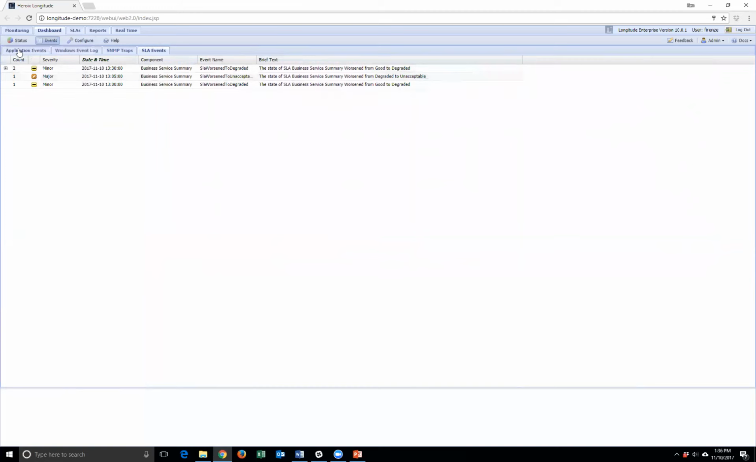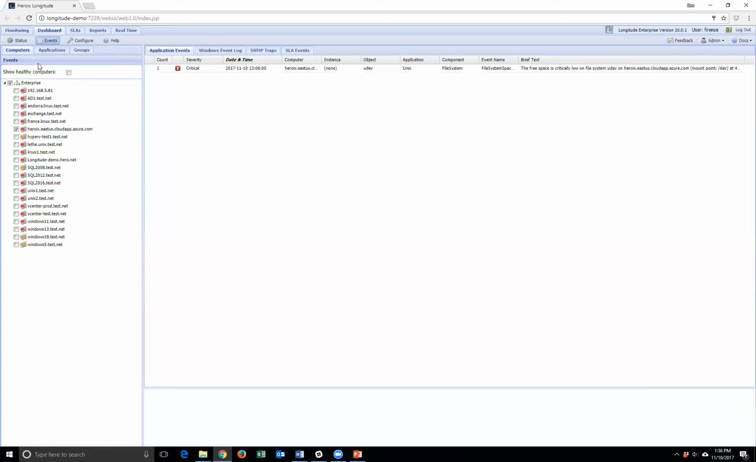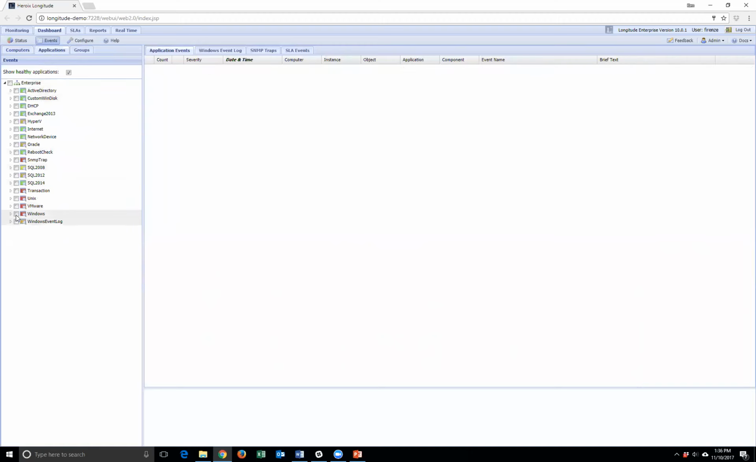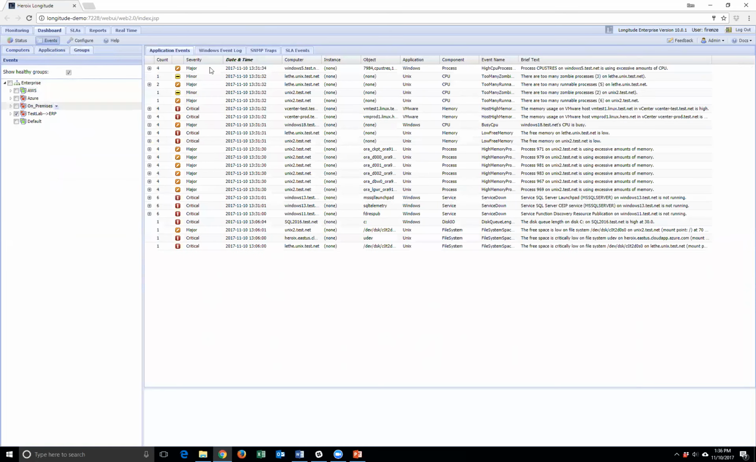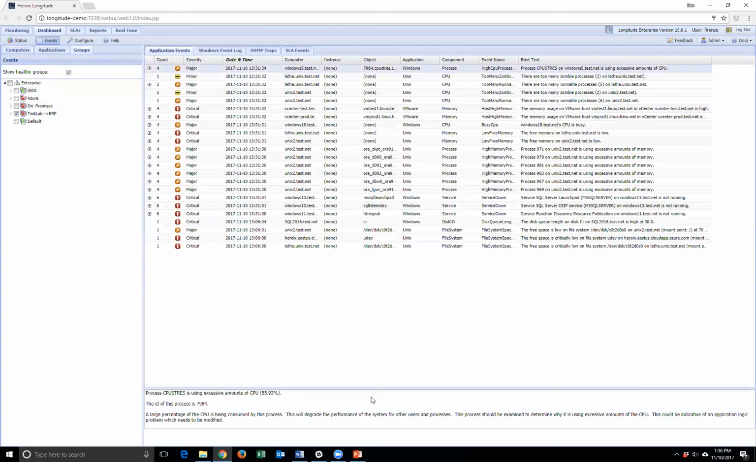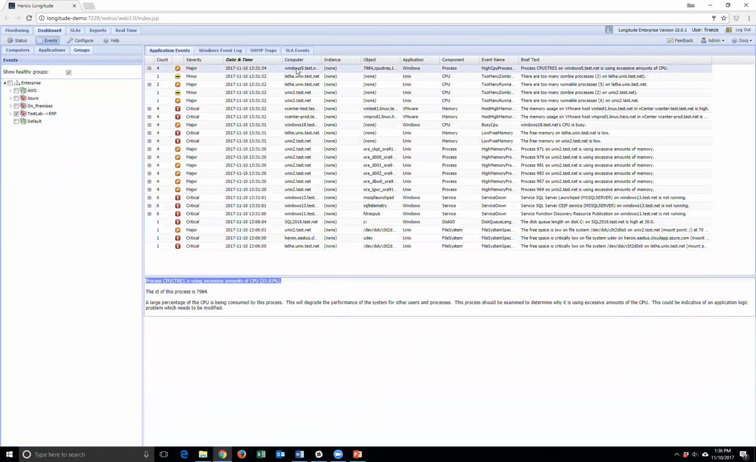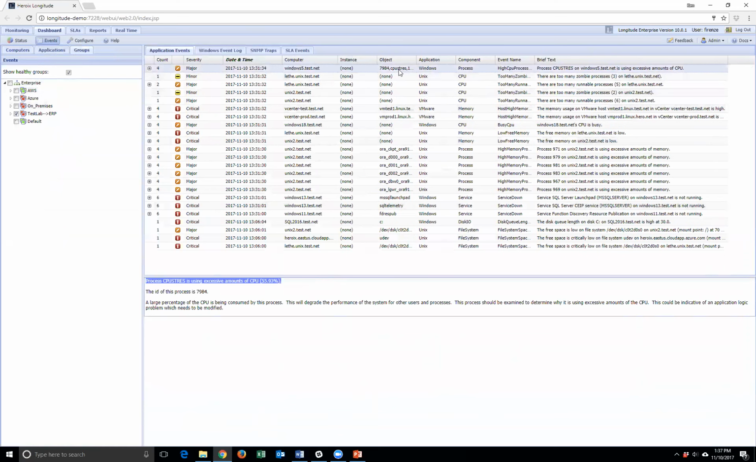But let's go back to my application events here. So these are the problems that Longitude's going to find. So let's go to applications, and we can look at Windows. So there's all my Windows problems. I'm going to go back to groups for a moment here and look at just my test lab. Okay, so what I have here is a mix. So you can see I have in my test environment, for example, a process that's eating a lot of resources on a server. So Windows 5.test has a process called CPU stress, and you can see that it's eating up 55% of the